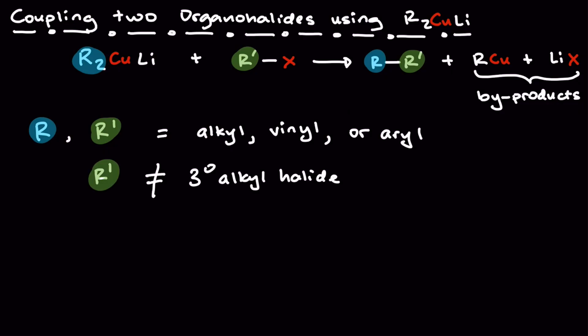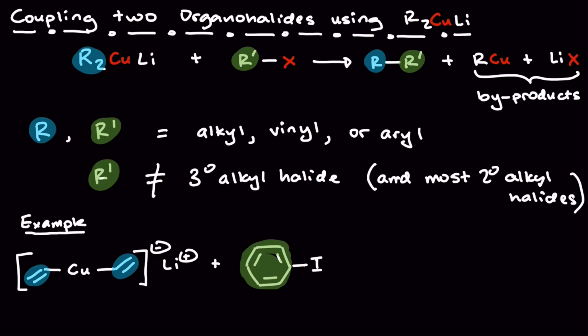However, let's note here that R prime, so the organohalide, cannot be a tertiary alkyl halide. Okay, so we really want to avoid those in our synthesis because that would not work. It's also challenging to use secondary alkyl halides in this case. Some work, but they're generally pretty ineffective,